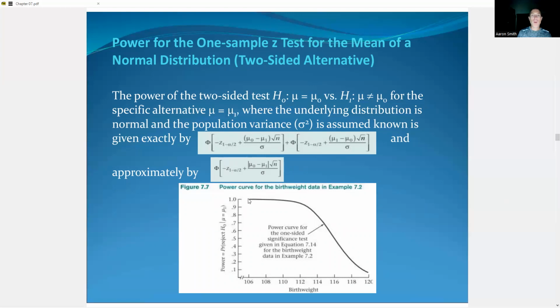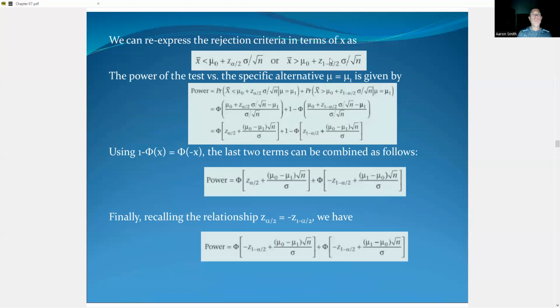And so here we can represent graphically what is going on with the power. We can re-express the rejection region criteria in terms of x as this. So this is just a rewriting of what we had earlier. The power of the test versus the specific alternative, mu equals mu1, is given by this. So this is just hard pencil and paper calculation